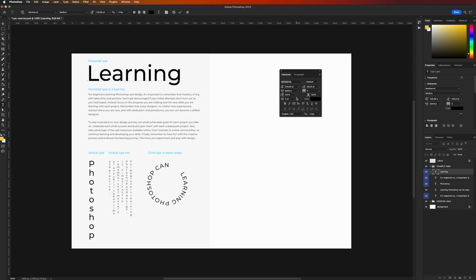You can also use the control panel at the top for some common type options, but it doesn't offer as many options as in the character panel or paragraph panel. Keep in mind that when you're in the edit mode, you won't be able to use many keyboard shortcuts. If you press any keyboard shortcut that doesn't include the command key, the letter will be typed into the type element instead